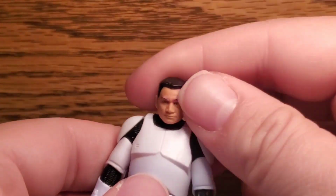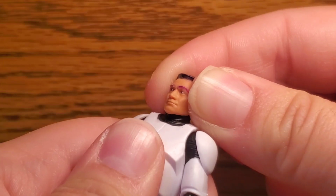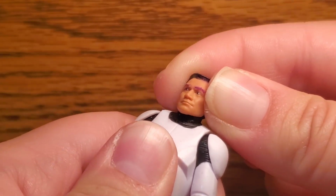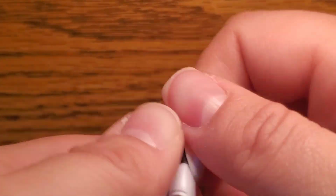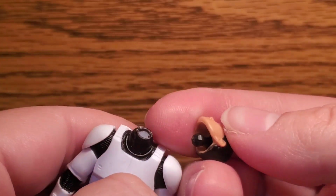But moving on from the detailing, the clone trooper does, of course, have a ball joint at the head, even though you can't really tell. You can't really get anything outside. But otherwise, the ball joint, you can go hog wild with it. It's just a shame because you can't really get any articulation beyond that, just because of how the neck peg